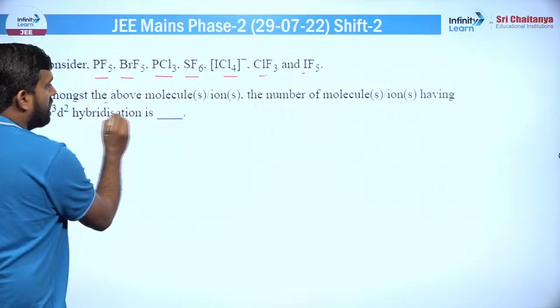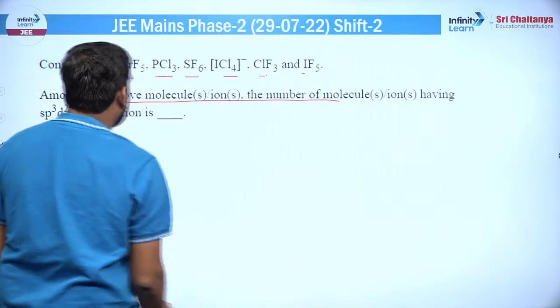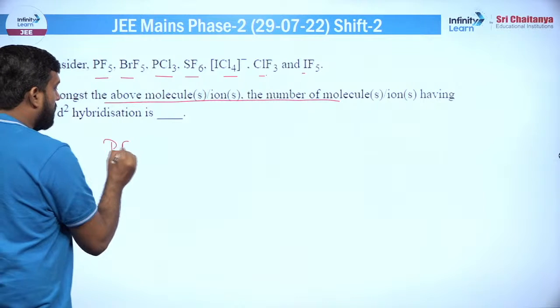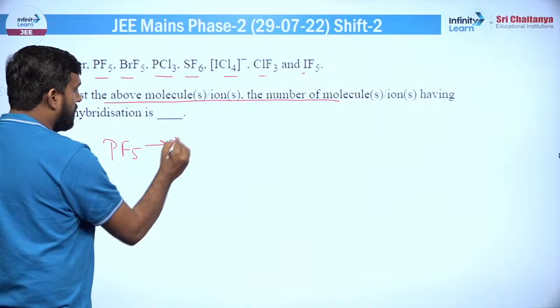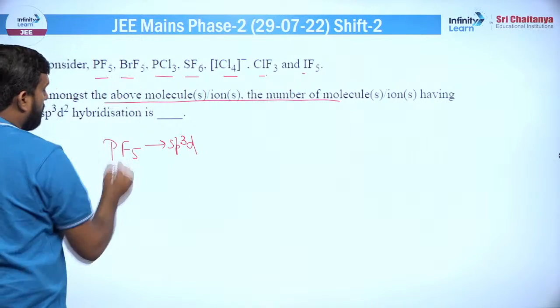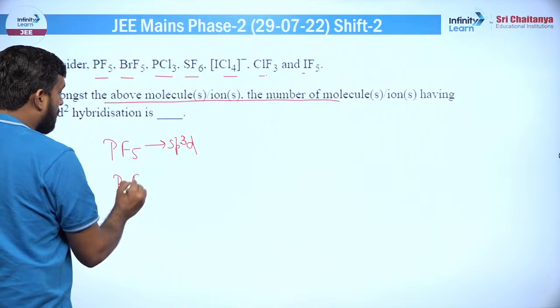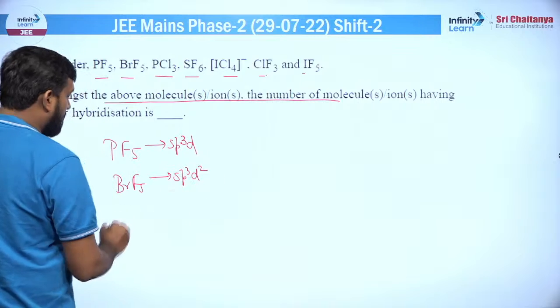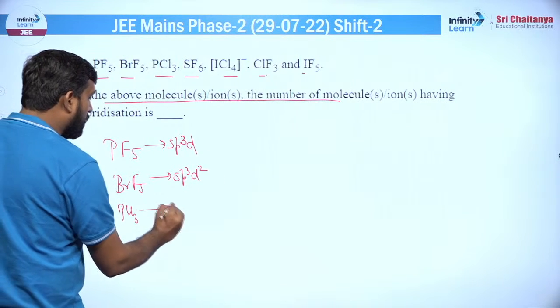करना क्या है, among the following, number of molecules/ions having sp3d2 hybridization. ठीक है, चलो देखते हैं। तो PF5 की बात करें, sp3d होगा इसका हाइब्रिडाइजेशन, निकाल लीजिएगा, बहुत सिंपल है, आप बहुत आसानी से निकाल सकते हो। BrF5 की बात करें, इसमें 5 बॉन्ड पेयर और 1 लोन पेयर है, तो इसका जो हाइब्रिडाइजेशन आएगा वो sp3d2 आ जाएगा। PCl3 की बात करें, PCl3 में 1 लोन पेयर है और 3